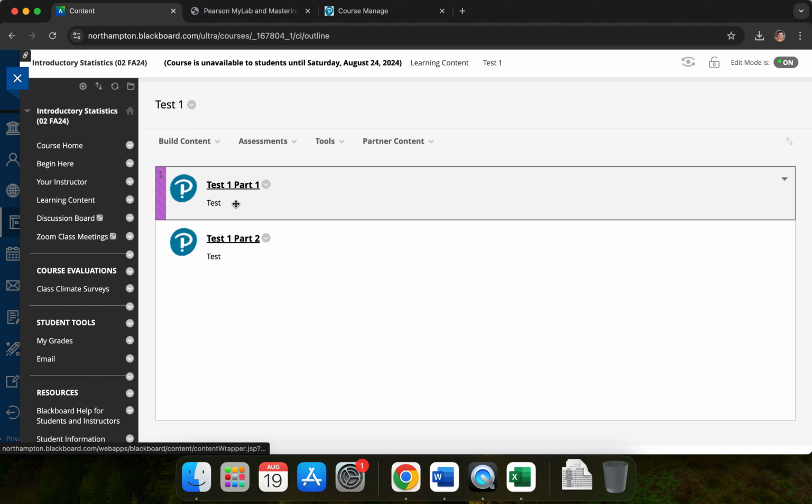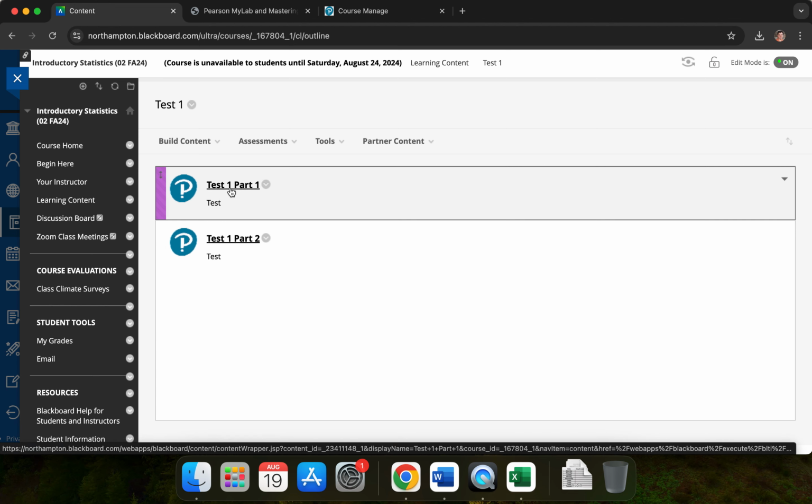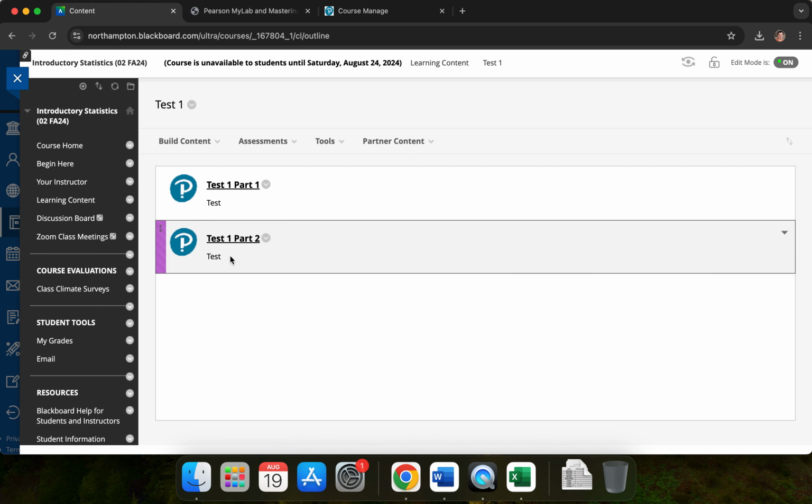There's test part 1 and test part 2. Part 1 is closed notes. They can't use any website. They can't use any technology. I'm sure there's a scientific calculator or just a basic calculator to do division or multiplication if they need it for questions on that first part, but that's the only technology they can use. It's more the language of statistics and making sure that they get the concepts. They're able to communicate things. And then part 2